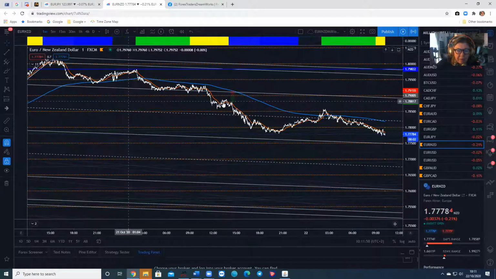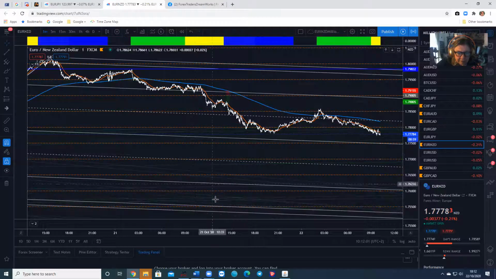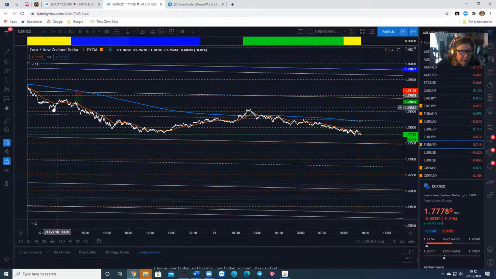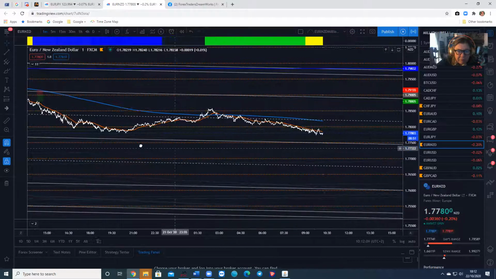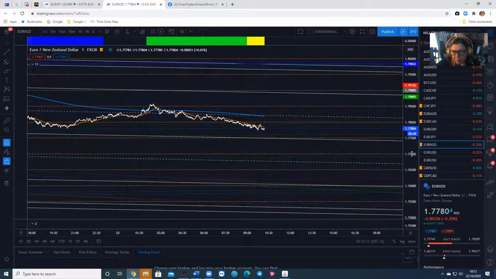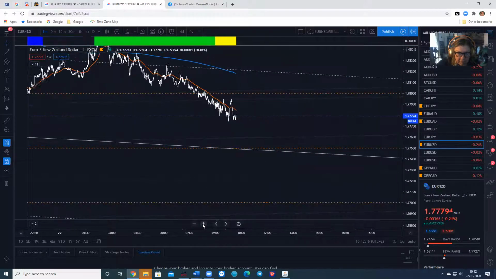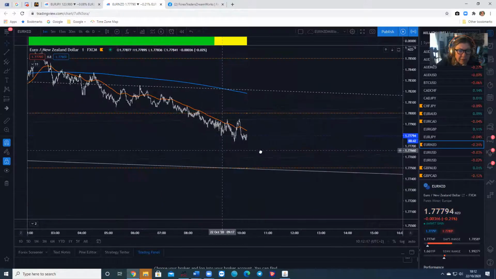So I had it marked up here for a sell, and then I got fed up waiting for it. So I left it, and then of course it made the drop. So, you know, sometimes things move a bit slower than you want them to. But if you've done your analysis, then unless news affects it, they should play out eventually.